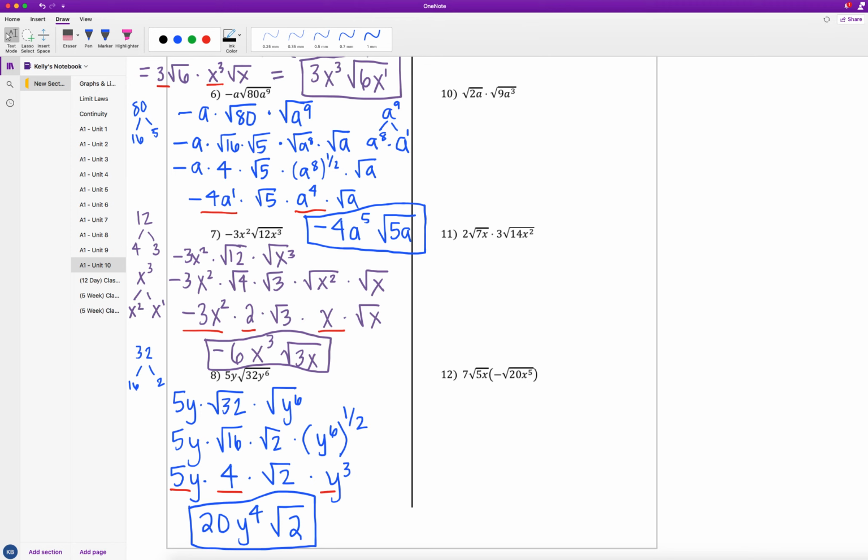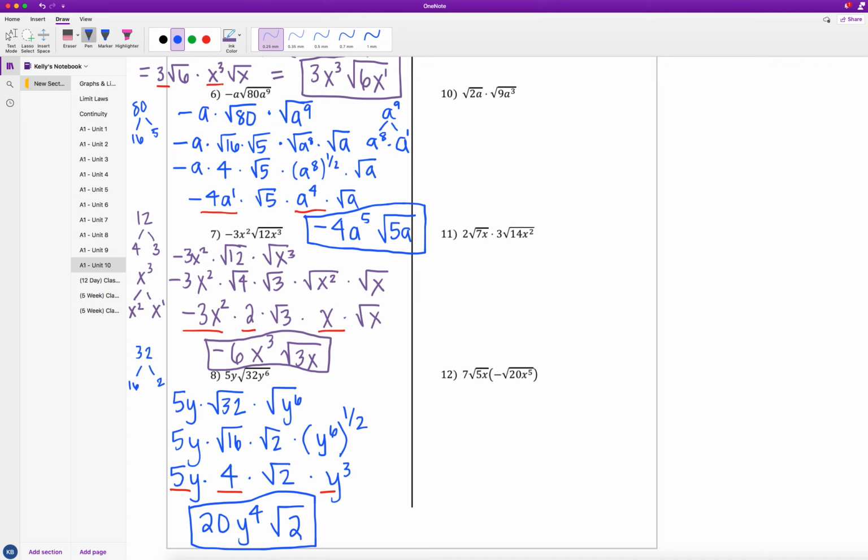So in these first 8 examples, we looked at how can I simplify when I have variables underneath the square root. And what we're really looking at is how can I break this apart? If our power here is divisible by our index, then I can just divide them out. So in this y to the 6th to the 1/2, I was able to divide them and get y to the 3rd. But in a case where my power here is not divisible by the index, so in example 7, we had this x to the 3rd, and since 3 is not divisible by 2,